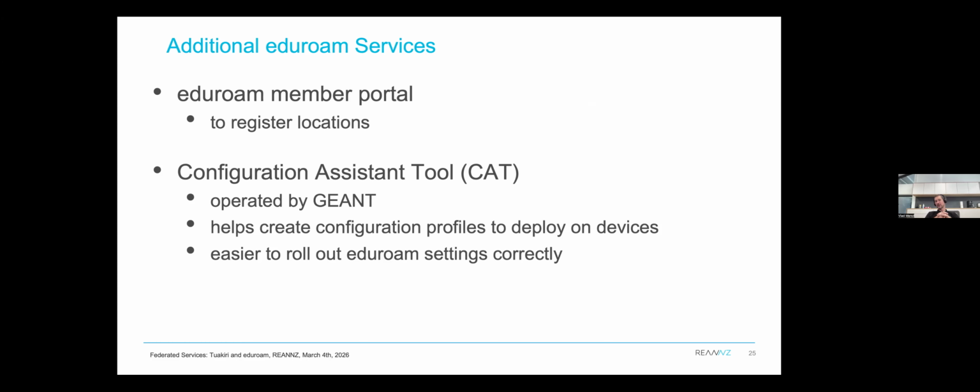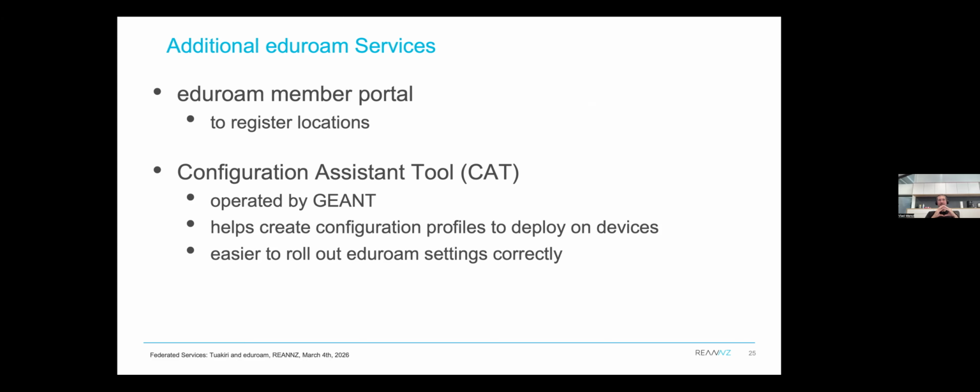Similarly to what I was showing for Tuakiri, the information is collected by the local federation and shared globally and aggregated, and the aggregate is downloaded. The portal also gets the aggregated list of all eduroam locations that is refreshed daily. So users can use it to plan their trip. There is also an eduroam companion phone app that downloads the map for offline use, and users can then use it when traveling abroad to find where they can get connected to eduroam and do whatever research and education people do.